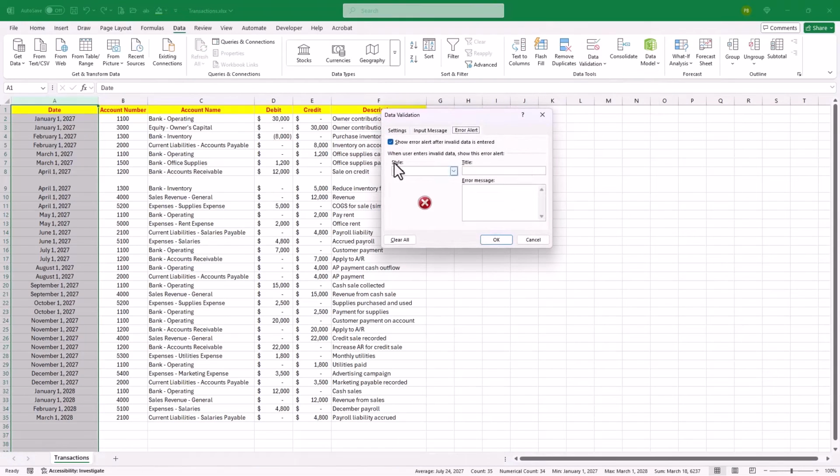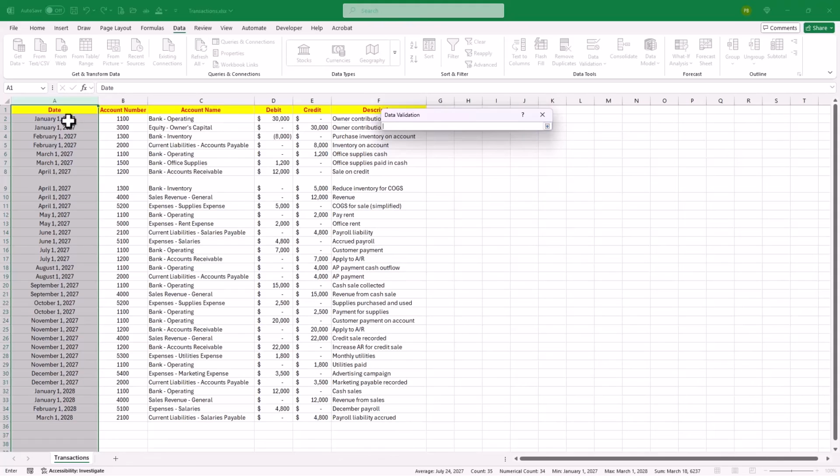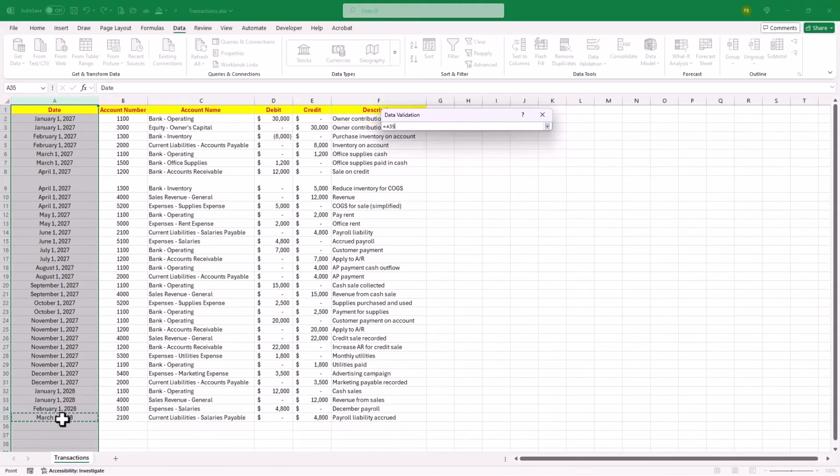So if I go back in, then at the moment I'm allowing all values. Now if I go down to date, I can say it must be between, and this little pointer here allows me to select a cell. So I could say from cell A2 to cell